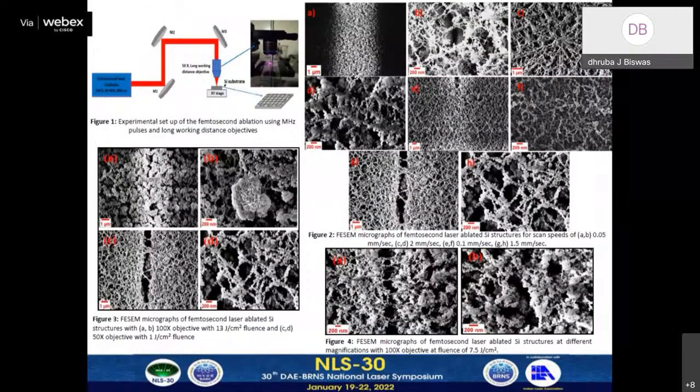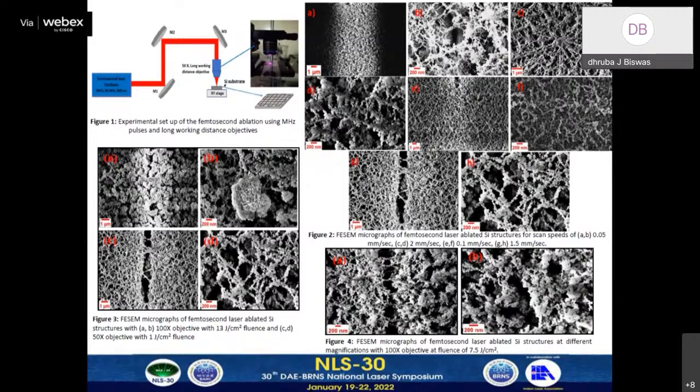So, femtosecond laser ablation is a tool for precise fabrication of micro and nanostructures on various materials. But usually, ablation experiments are performed with an amplified laser system, which is usually expensive. So here we have used a simple femtosecond laser oscillator system with a pulse duration of 140 femtoseconds and repetition rate of 80 megahertz for our experimental setup to achieve nanostructures on silicon.